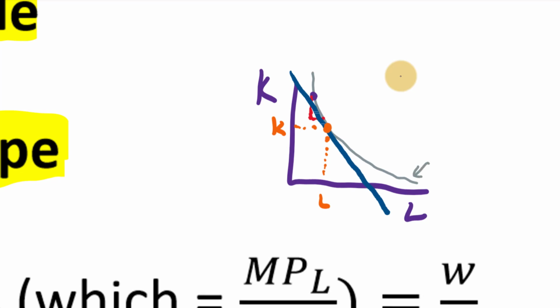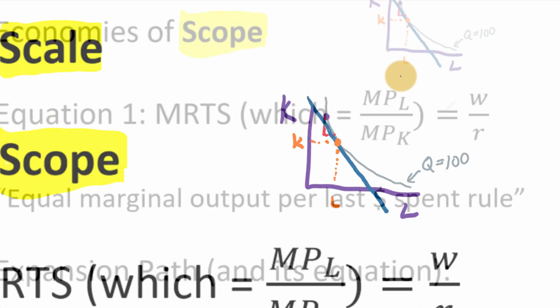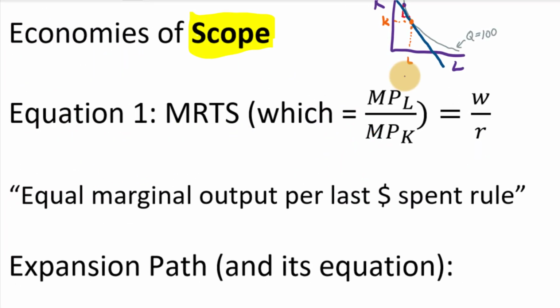How many units? Well, suppose this is the isoquant for 100 units. So we want to find what is the cheapest combination of labor and capital to minimize our cost to produce 100 units. And then we want to calculate the total cost of doing that. Now, one thing we'll find as a side effect of doing this kind of optimization, trying to minimize the cost,